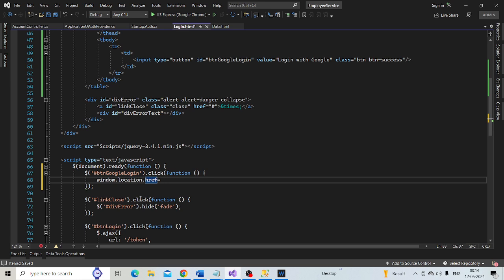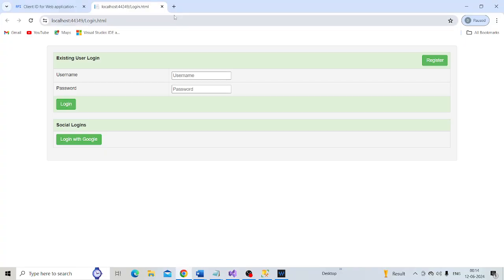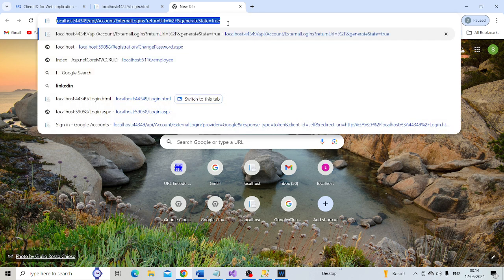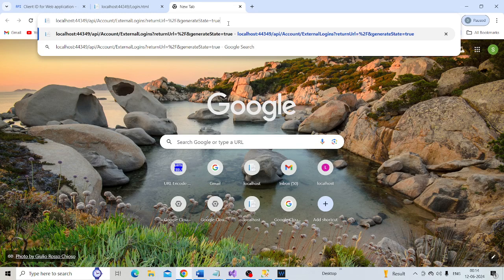To get that URL, we are going to issue a GET request to this URL right here: localhost:port number/api/account/externallogin, and then we have a couple of query string parameters.